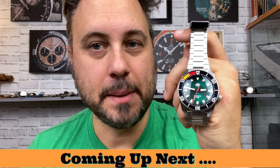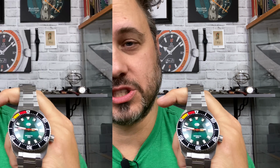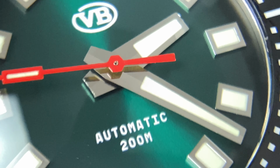This is the VanBanner Parkingmaster 2.0. We're going to take a quick peek at what the prototype looked like, and you're going to see for yourself why it probably didn't make it into production. And then we're going to take a deep dive into the 2.0, and I'm going to tell you exactly why, despite its flaws, it's the best watch that I've gotten on the channel in 2021 on this episode of